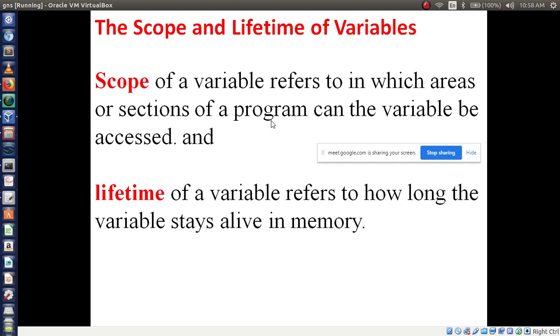After closing your output, that memory will be erased, whatever memory you allocated for that variable. That is what we can say is the lifetime of a variable. Is that clear? Scope and lifetime. Or shall I explain once again for these two concepts?